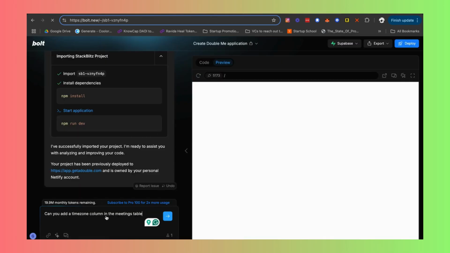Yep, table. The options should be Eastern, Central, Mountain, Pacific. I'm pretty sure those are the only ones that I need to be concerned about,